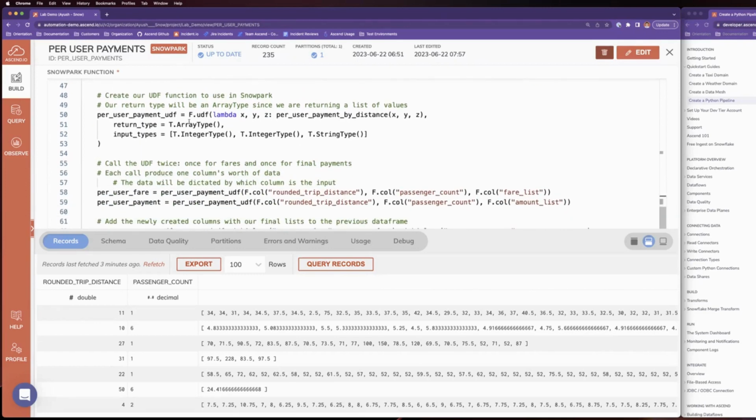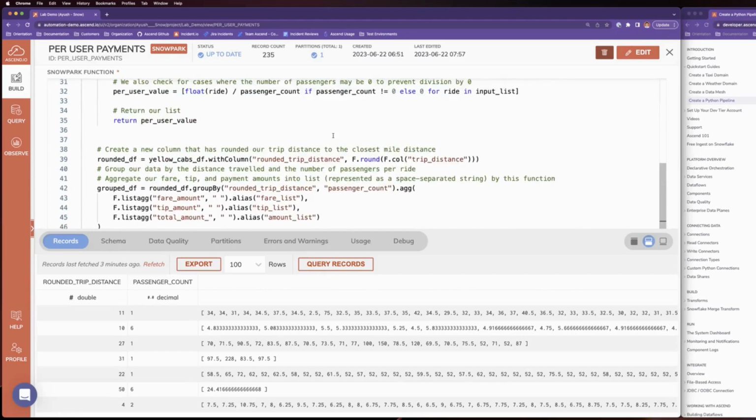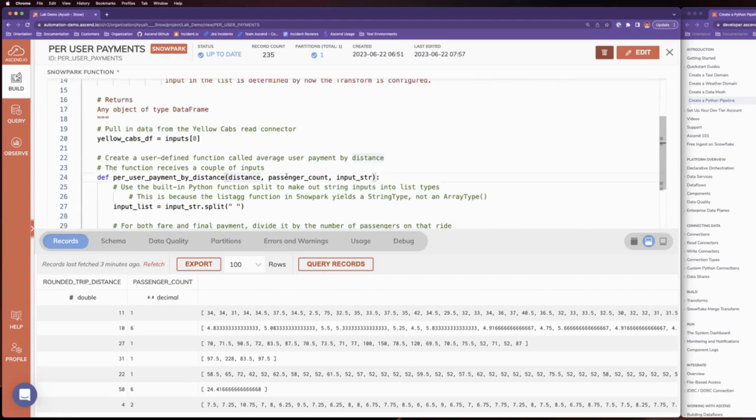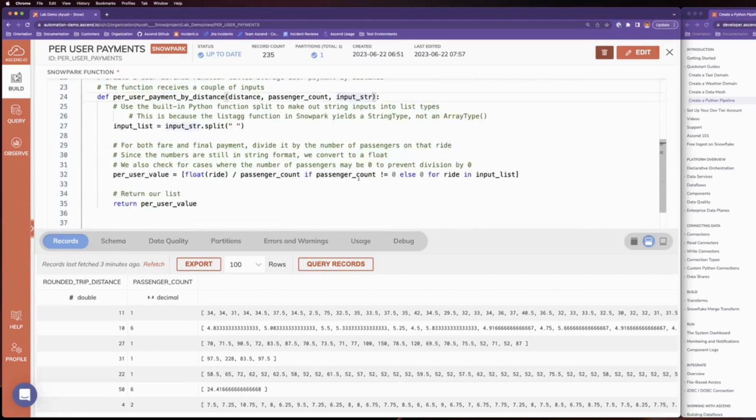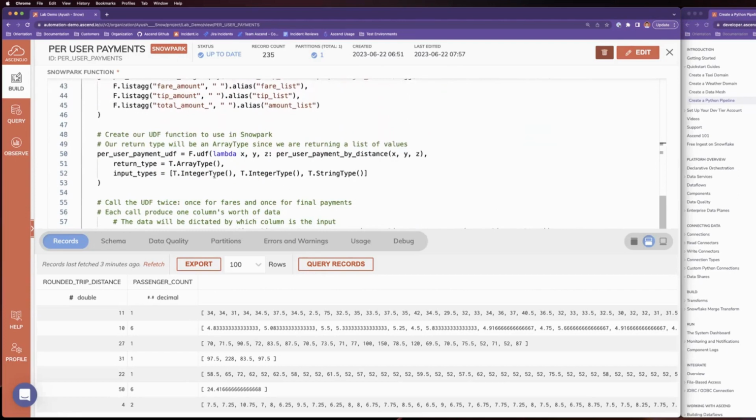And then we'll do what we did last time, right? Just create the UDF version of it, take what we built in Python and create a Snowpark version of it. This time we are expecting to return a list of values, right? But we are getting into it an integer type and a string type. Remember what we mentioned up here is that this is a number and a string. And that's what lines up with what we see down here, an integer and a string, right?